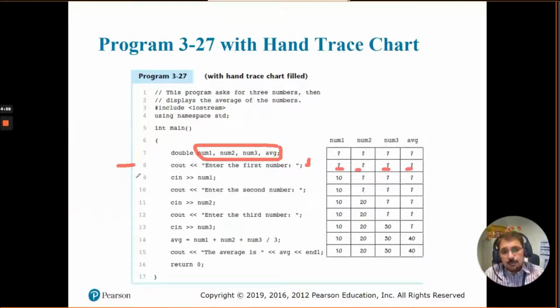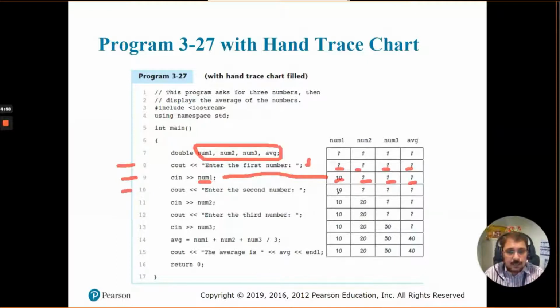After this, at line number 9, it reads a value but only for one variable. Once it reads the value, whatever value is given will be stored in num1. This is why at line number 9 you see num1 gets a value and the rest are still unknown. And line number 10 again is a prompt.